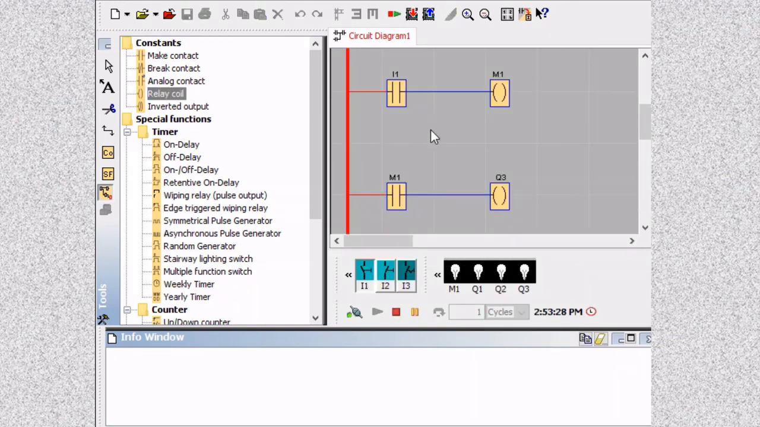When I simulate this one, you can see that by controlling this input, it activates my memory element, and my memory element then activates the Q. This is effective in the use in advanced circuits, for example direct online starters or forward reverse